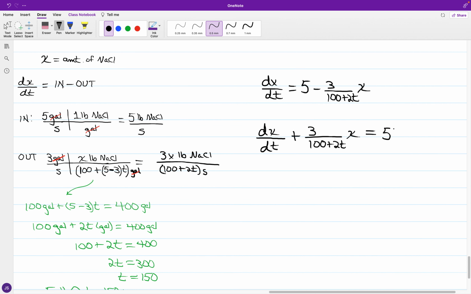And we have is equal to 5. Now, in establishing the integrating factor, for p of t, we have 3 over 100 plus 2t, and in establishing the integrating factor,